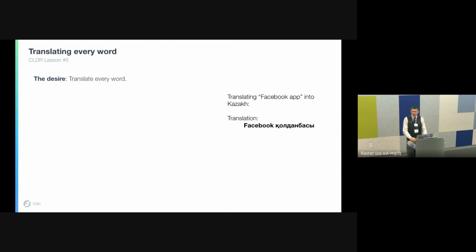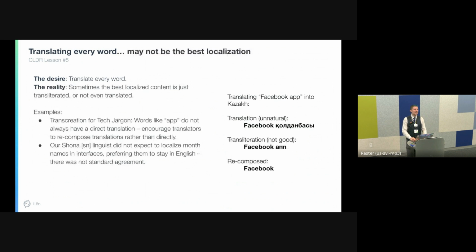Sometimes we transliterate, and she's like, no, don't do that in this case. In other examples, maybe you should use the Cyrillic characters, but she's like, no, that's worse. Don't do that. She's like, why don't you just say Facebook? Maybe that's not as precise in the translation, but it's important to make sure we're not over translating things.